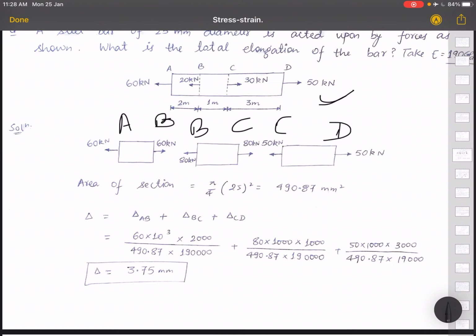So here you have to check how we are getting the forces. In this section 60 kilonewton was acting, and at this point the total left force is 20 kilonewton. So for this body to be in equilibrium, 60 kilonewton will act here, and this should be such that the net force is towards the left and equal to 20 kilonewton. So how are we going to do it? By applying 60 plus 20, that is 80 towards the left.